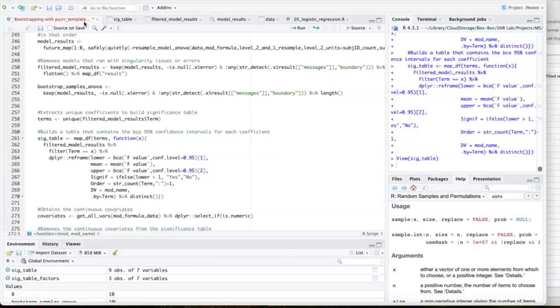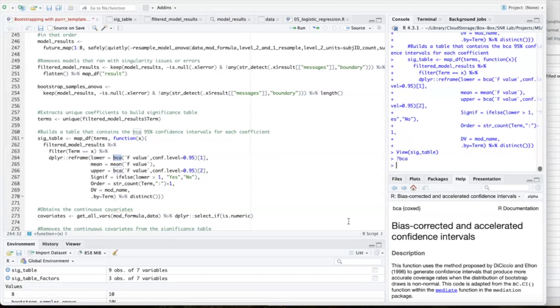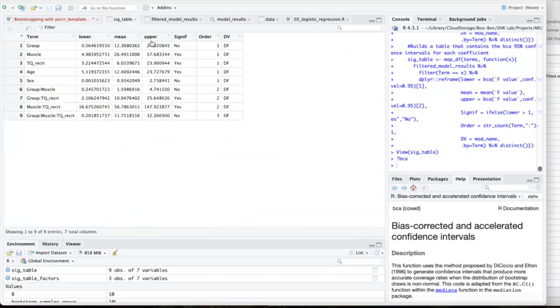Now, again, there's a lot of literature on exactly how to go about calculating those confidence intervals, but my understanding is I think the most supported method is this BCA, which stands for bias corrected and accelerated, I believe. It's, I think, a way to get more defensible confidence intervals for those bootstrap values. And then we get the lower and upper boundaries of those confidence intervals,